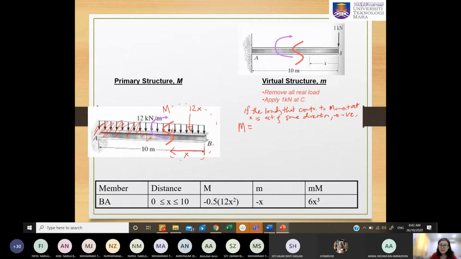If it is acting in the opposite direction, you treat it as